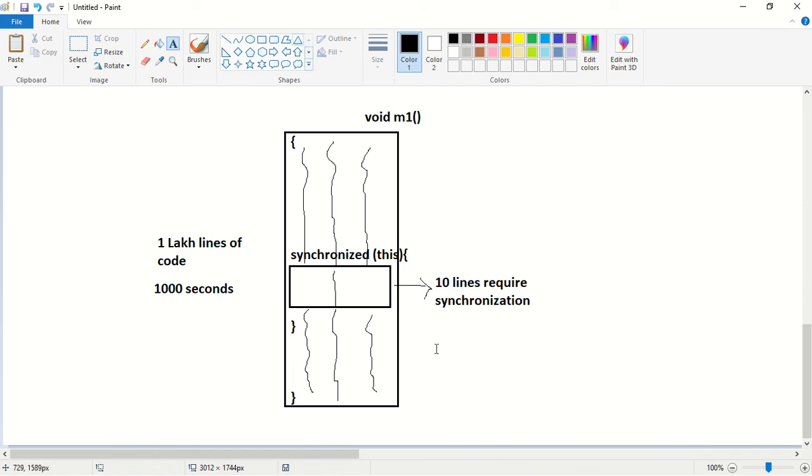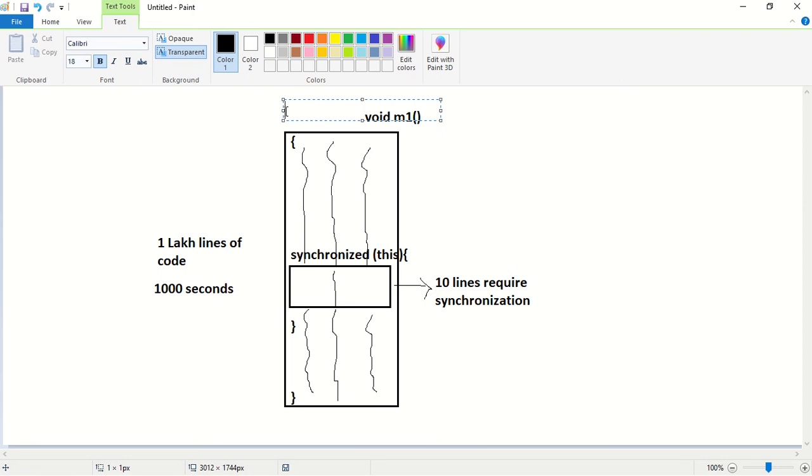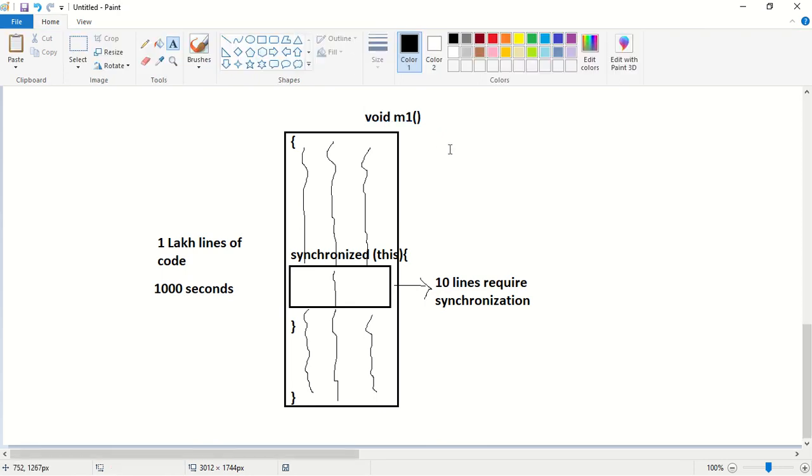So next we have to see how to declare synchronized blocks. Before that, what is required to execute synchronized methods? To execute a synchronized method, a thread should acquire a lock of an object or a lock of a class. You know that in Java there are two types of lock, an object level lock or a class level lock.